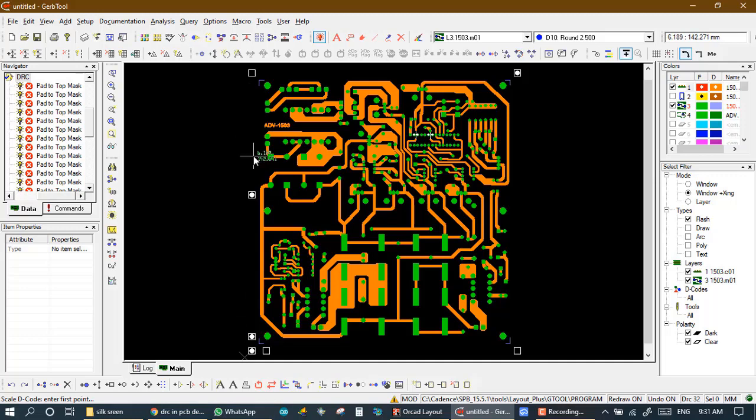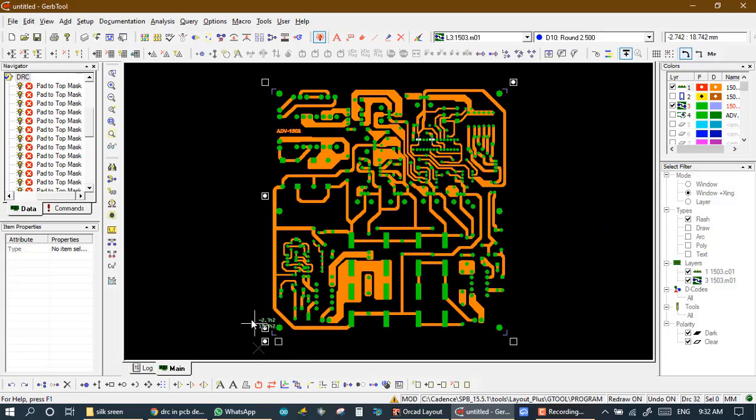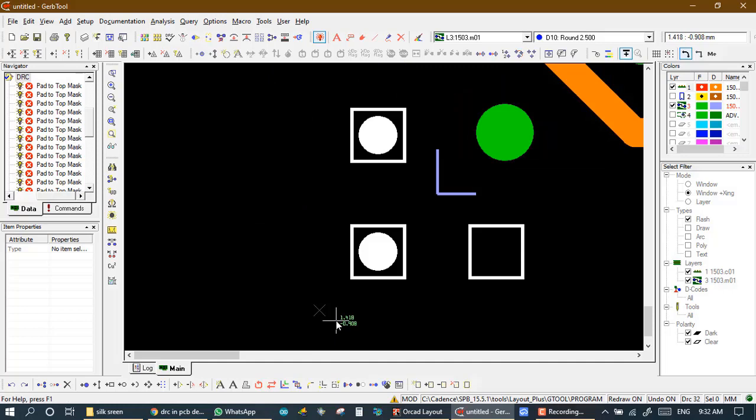This error is not an error because this is outside of the PCB area, and this is a reference hole of our production house. If I don't solve this error, then it is okay, but for example we solve it. To solve this error I have two options. One, I may increase the size of this rectangle, or second, I will increase the size of this flash. The better option is to increase the size of this rectangle.